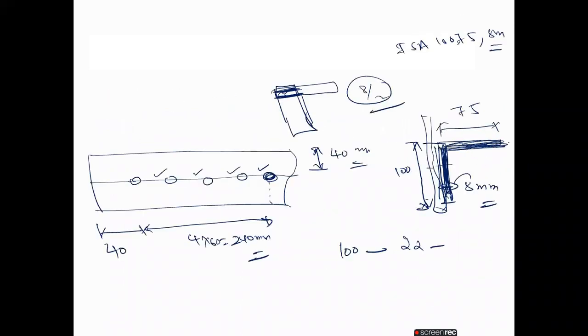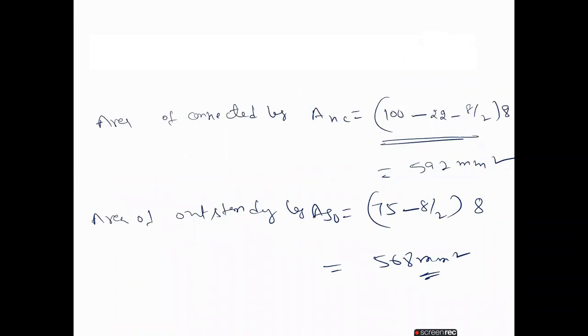This one is the outstanding leg, so 75 minus, at this portion, we remove half of the thickness of the plate. Once we have this, we will substitute in the beta value. The beta formula we also discussed in yesterday's class. I will write the formula again for your better understanding. Please wait for one second. The beta value is 1.4 - 0.076 (w/t)(fy/fu) + (bs/Lc).